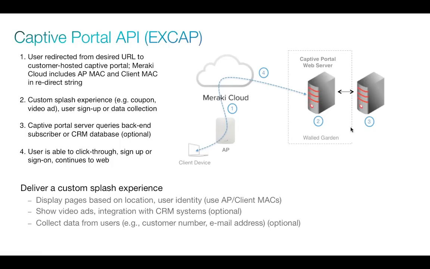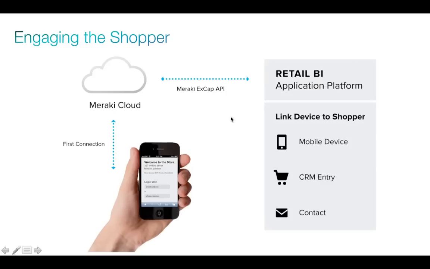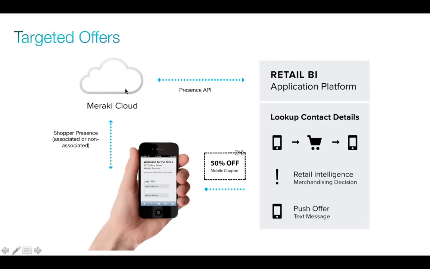The captive portal API, which has been around for a while, and many retailers are using this already, is a way for you to host your own splash page if you want to collect user data and tie that user data to a MAC address. So not only do we have our built-in splash pages, but we also have the externally hosted captive portal